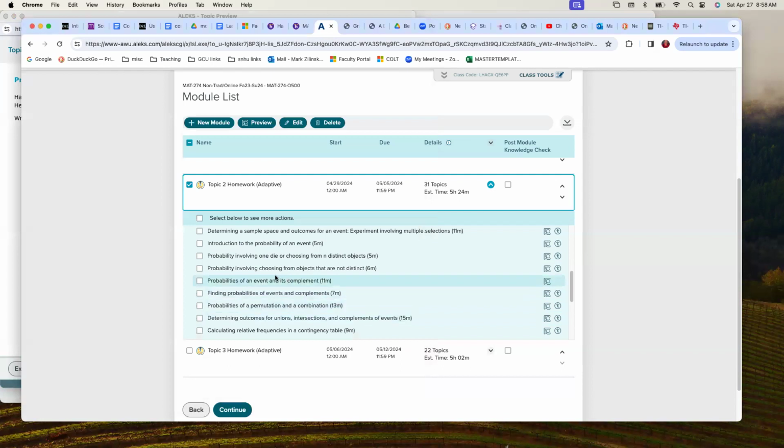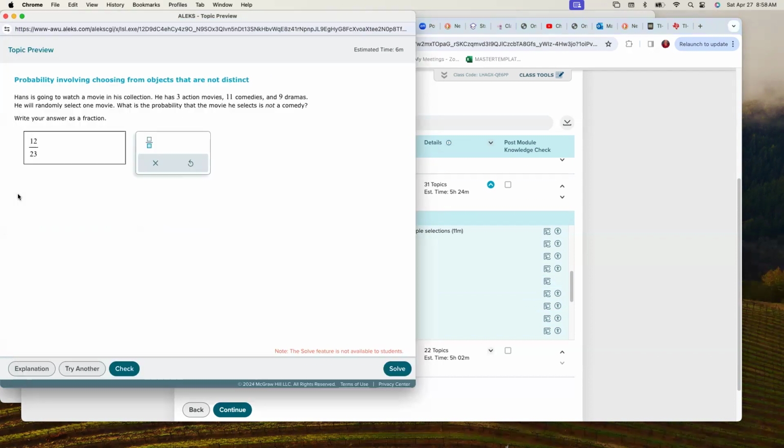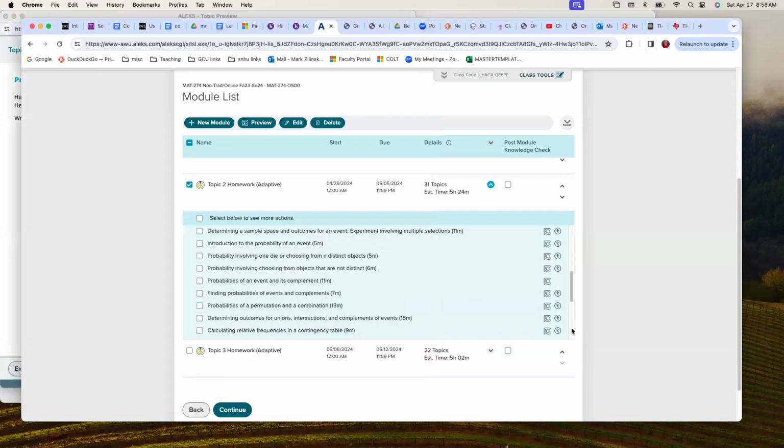So when we deal with complements there, and that was kind of a compliment, right? Because something that is not a comedy would be the complement of a comedy. And so